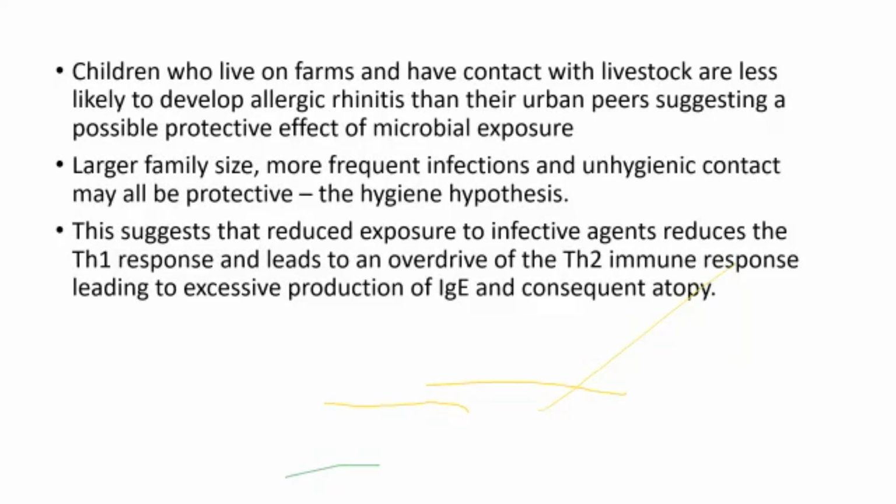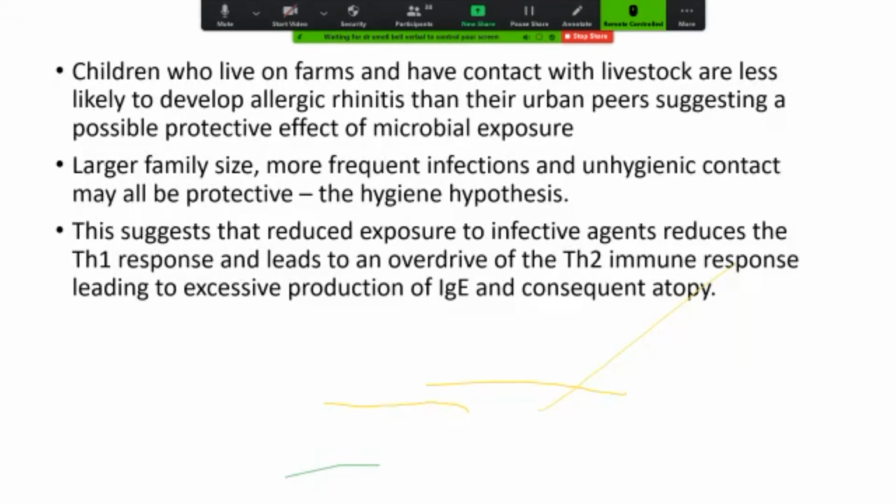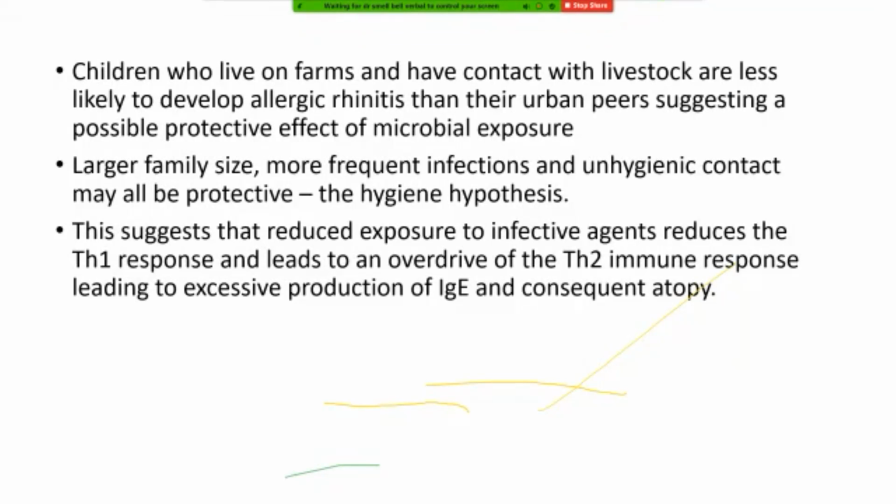So here you have to keep in mind, people who are very conservative, who will not send their children outside to play, they will have a lot of allergies. People living in the farms, that is in the dust, those who play outside with the livestock are less likely to develop allergic rhinitis. That is called the hygiene hypothesis. The parents are very much sensitive, like with the latest generation kids. We are saving the kids now from not going outside. That is not good. You should allow the kid to go outside and play in the dust from the initial days itself. So in them, allergic rhinitis is less likely to develop, like in villagers. But urban people are very conservative, so they won't get exposed to the microbes, and that is called the hygiene hypothesis.